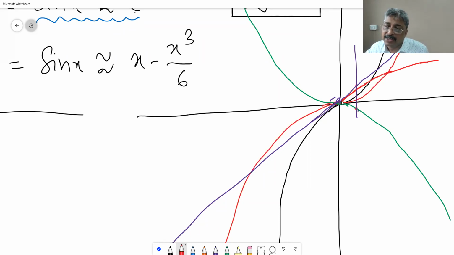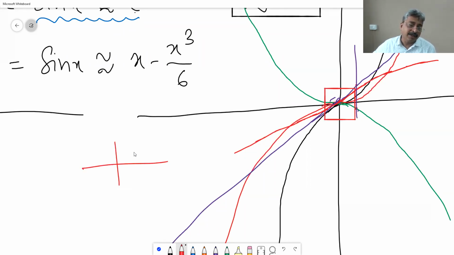The same will be the story on this side. It is not going to be y is equal to x, but it is going to be a little like this. Do you realize that if I add one more term, then I am doing a better correction near 0? Earlier the correction was, this was the graph of sin x. Now the graph is like this of sin x.